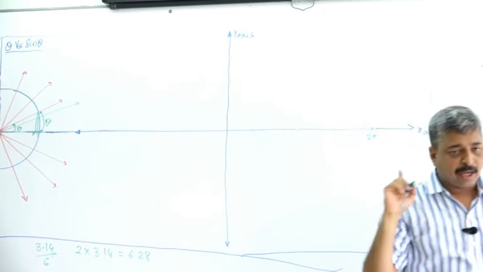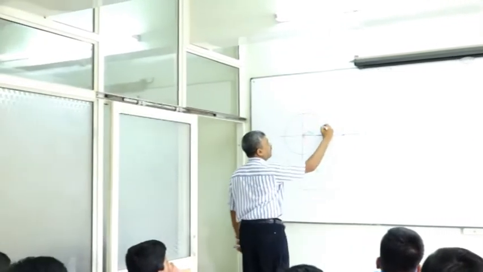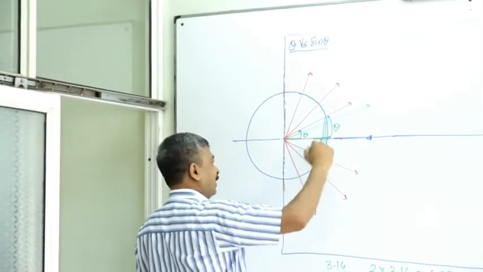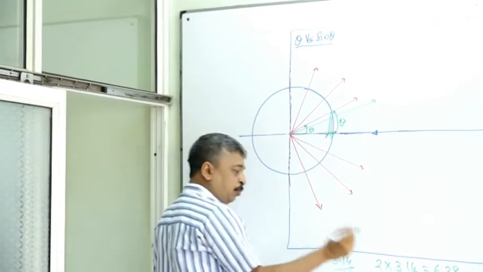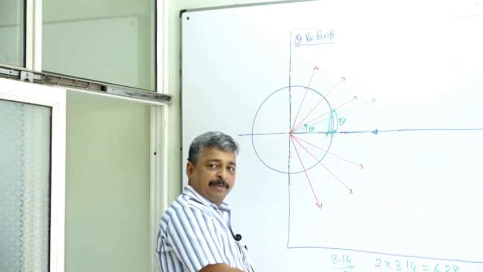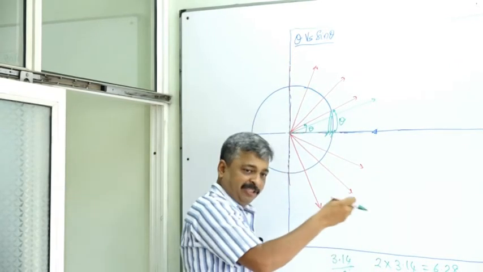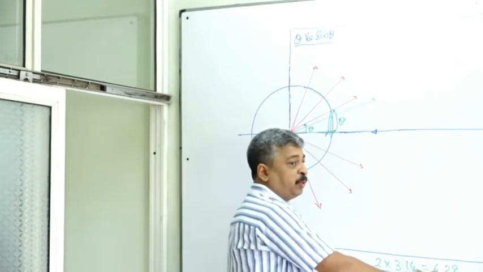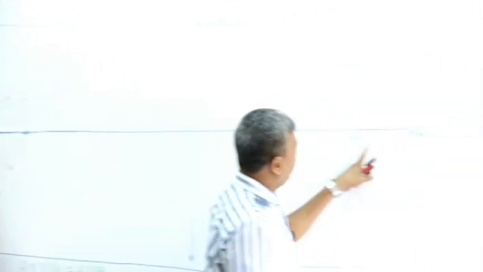Do you understand how I am trying to plot? This circumference is going to be theta. So if I complete a rotation and I go back to this point, then how much distance have I traveled? 2 pi. For all practical purposes, the value of pi is 3.14. I want to eventually plot it down in centimeters, in millimeters. Therefore, I will consider 6.28 centimeters as 2 pi, wherever that point is.